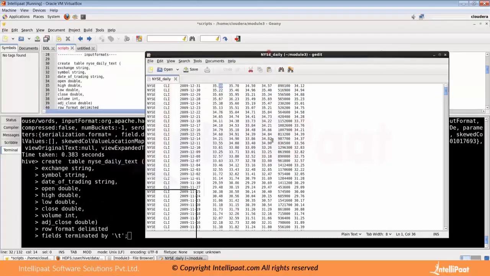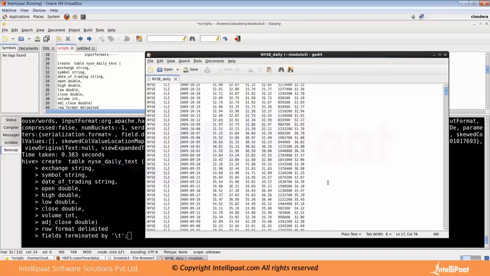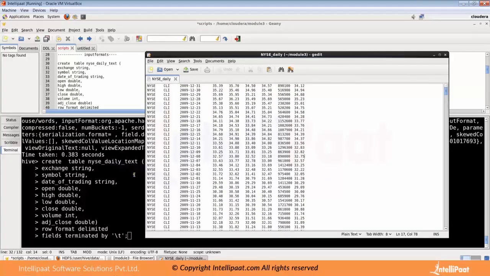Okay, let me show you that order. So exchange you have, symbol you have, date of trading, then open, high, low, close, volume, and adjacent close. Okay, so this is data that I have downloaded, and I'm using that data, right? So this data we are going to